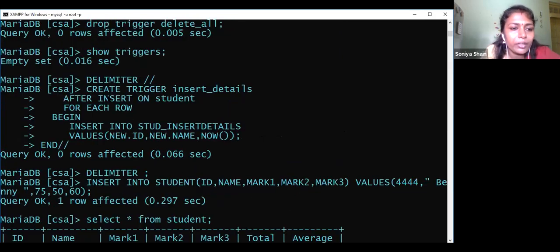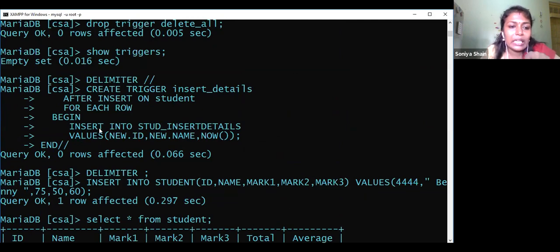For that, what you have written here is create trigger insert underscore details, that's the trigger name. Then after insert, on which table? On the student table. So when anything happens after inserting on the student table, for each row what happens here?